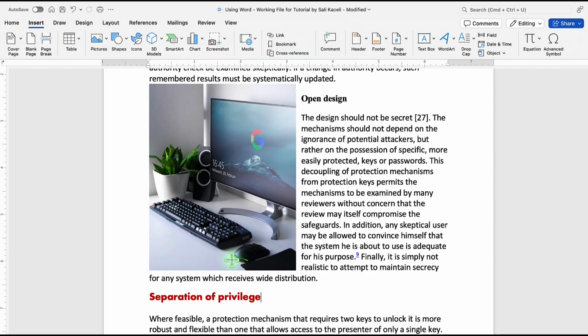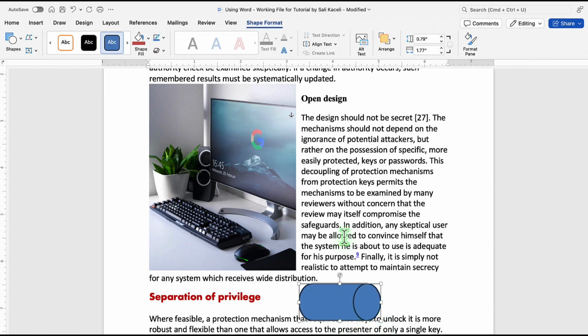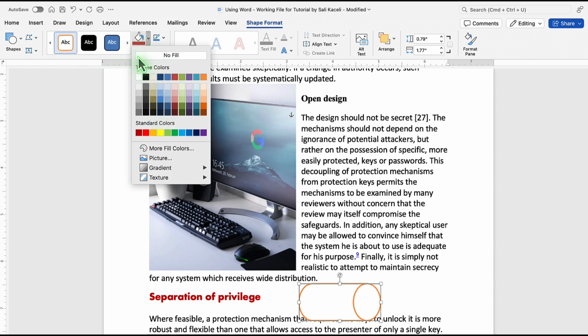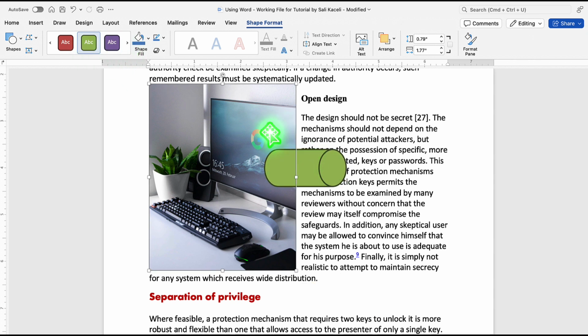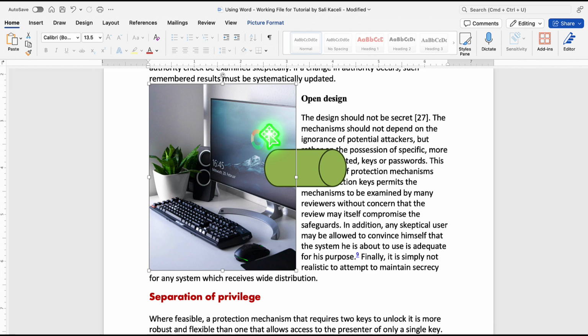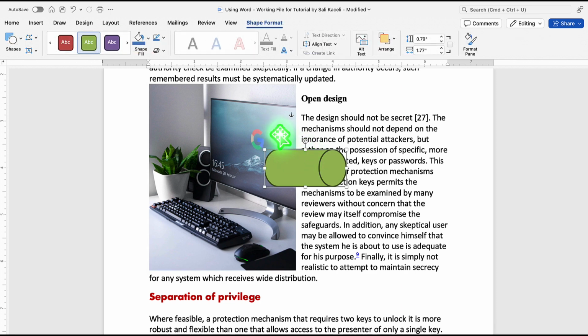Click on it, and then the difference between this and images is that there's a little plus sign. In this case, you need to draw the object on your document and then let go, and then the shape formatting tools are displayed. From here, you can adjust fill color and other properties related to this object. If you need to align which object shows up first, and this works for pictures as well, notice that there is this arrange option,